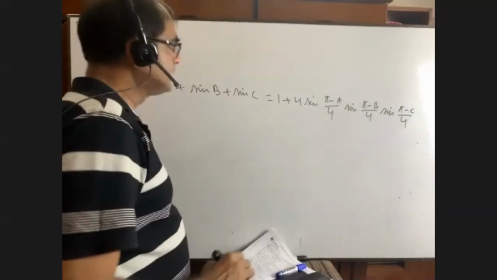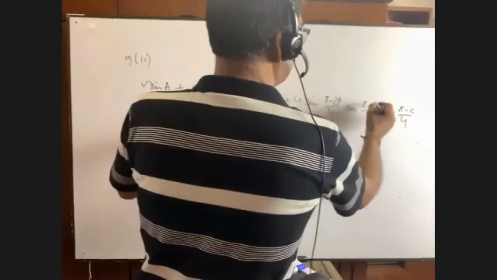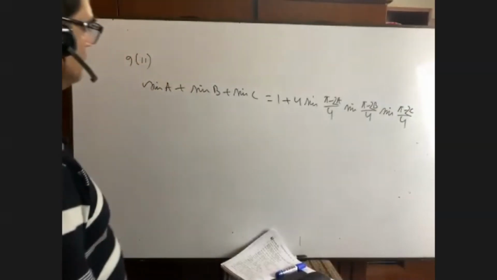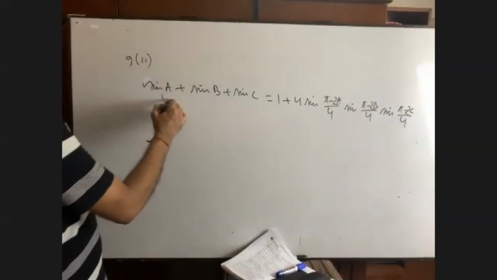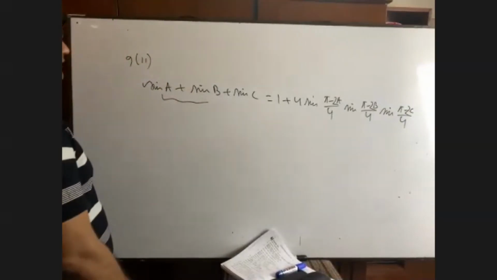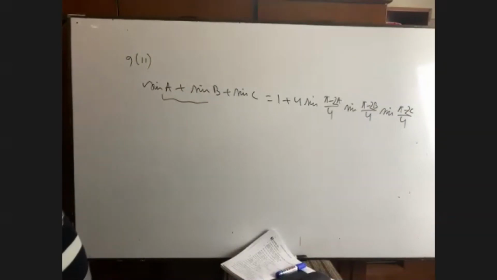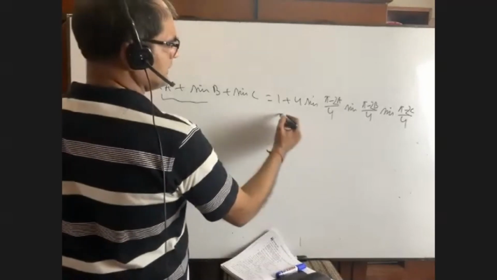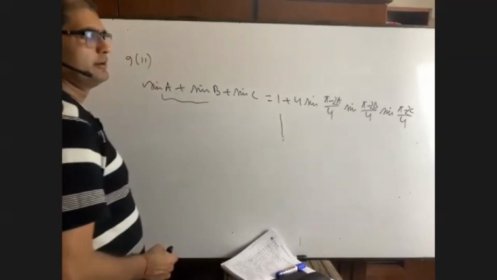Oh, I'm sorry, it is 2A, all are 2A, 2B, 2C. Now what will you do, you know? You just do it as it is, then you will get the math. Sin C plus sin D. If you cannot do it, just let me know, or you can do the math from here. You can also get it.